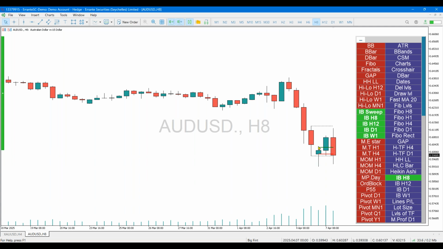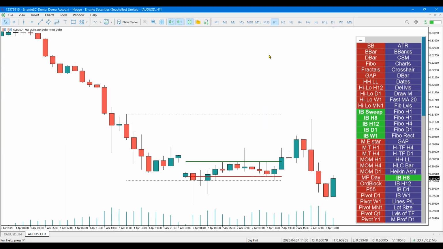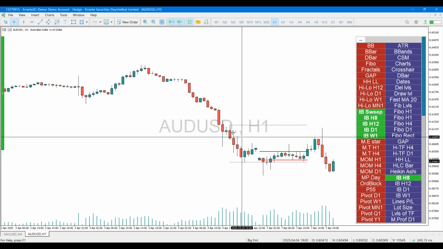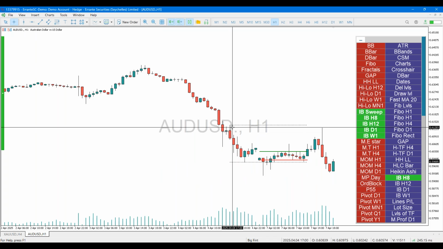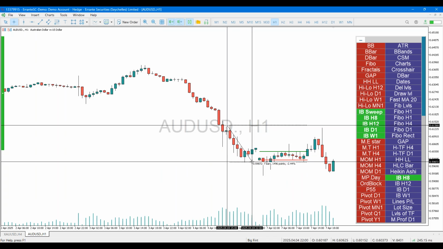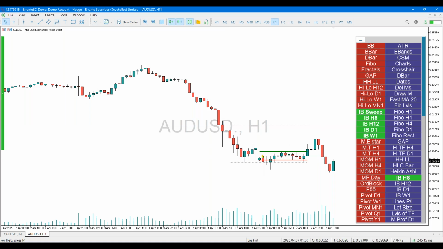So what happens over here? We could expect the market to touch these highs. This is a very important concept. I'll be explaining it in very good detail in the upcoming webinars. For now, you can understand this: the big bearish candle on the H8 is this one, the market moving towards the downside, and the other candle that has grabbed the liquidity is this one.